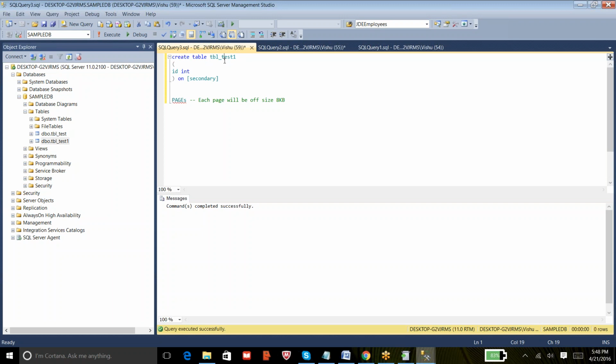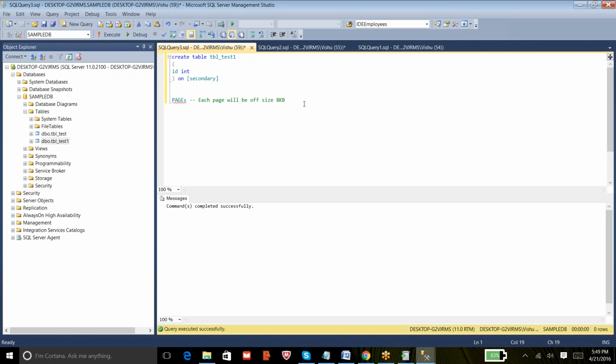So to avoid all these things, SQL Server on each and every page stores the header information with which table this page belongs to, so that when a user executes a query to pull out the data from students, then SQL Server will directly jump onto that specific page with the help of header information.